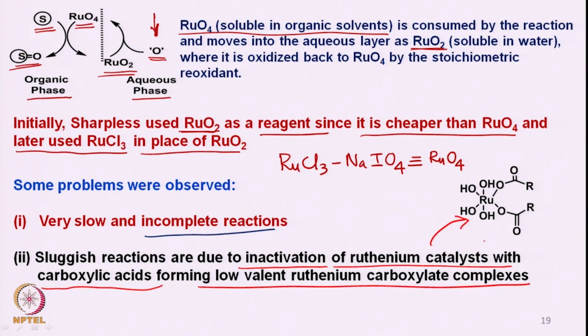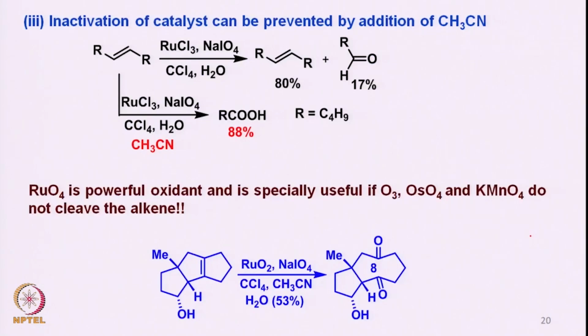So, such kind of complexes with the carboxylate reduces the activity of the ruthenium catalyst, and therefore the reactions are slow and incomplete. At the same time, it was observed that the inactivation of catalysts like this can be prevented if we add